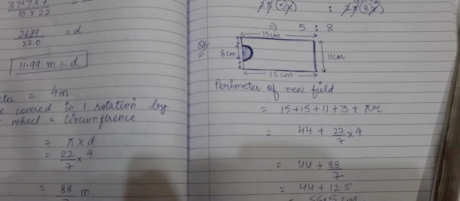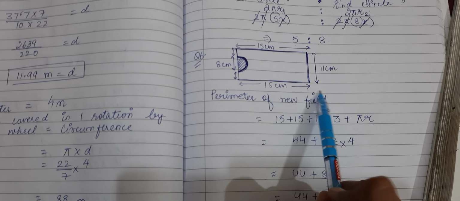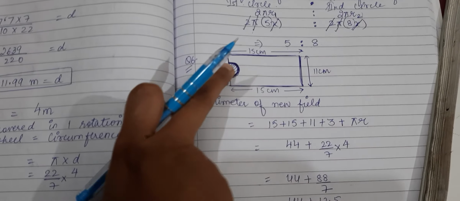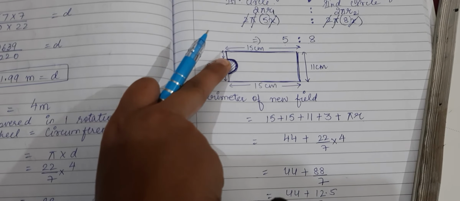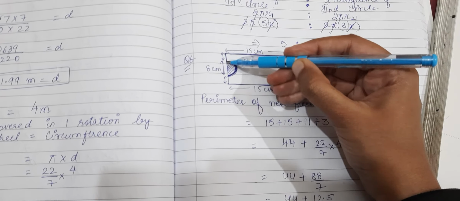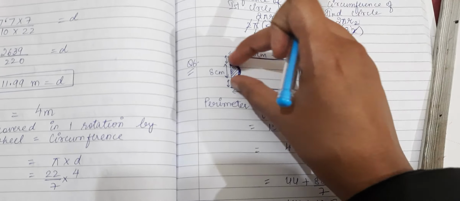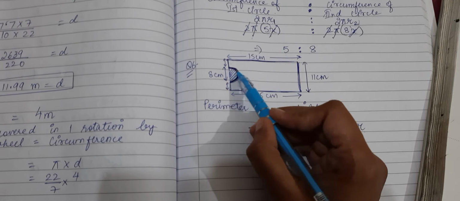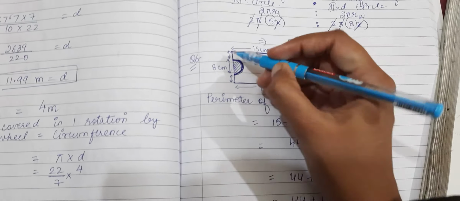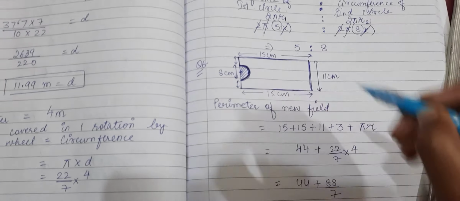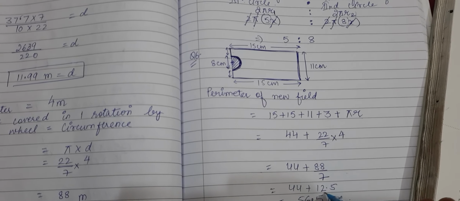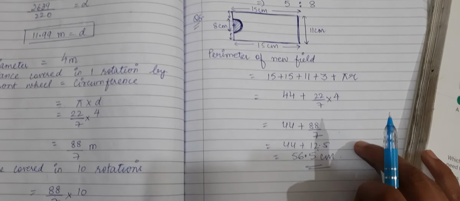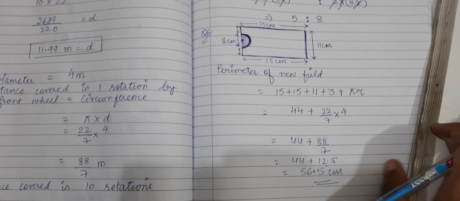Okay, so same I have done here. What will be the new perimeter? Again see, 15, 11, 15. Out of this complete side, 8 centimeters have been cut out. I am left with only this and this. So this complete side minus 8 is 3. I have added 3 plus pi r. Radius is half of this 8, which is 4. So 22 by 7 into 4, this will come out, and adding it, you will get 56.5 centimeters. And this is your exercise 16.4. Complete this exercise in the notebooks. Thank you.